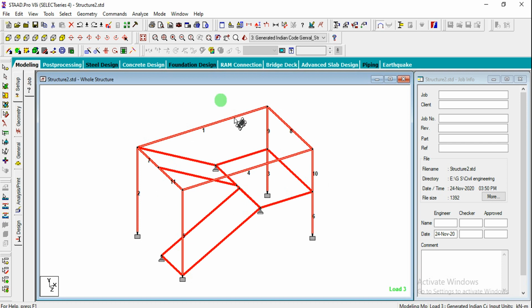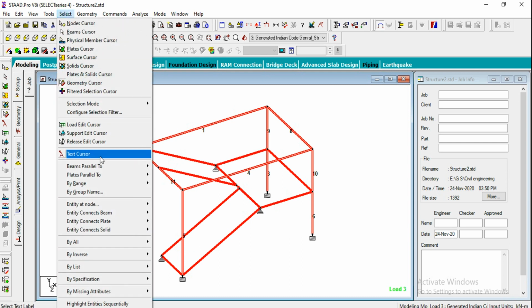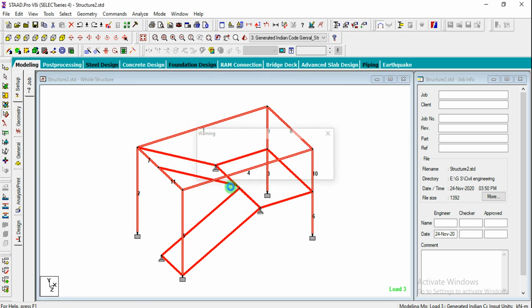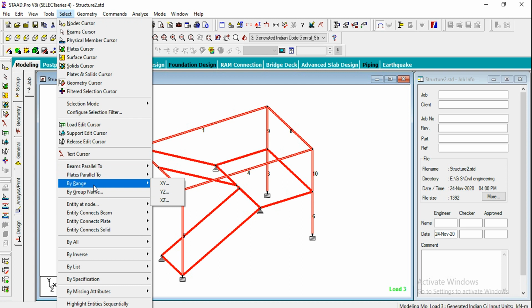So we got all the members in this plane in X direction, Y direction. If we are selecting the XY plane, we need to give the Z nodes, minimum and starting distance. If you are selecting the YZ plane, we have to give the X distance, that is 0 to 5 like that. And next, by group name, we'll see this later on.